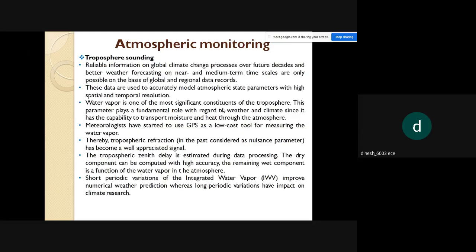After ionospheric tomography, we are going to see troposphere sounding. We need reliable information on global climate change processes over future decades and for better weather forecasting, either on a near-term or a medium-term time scale. The possible global and regional data records have to be monitored. So these data are used to accurately model atmospheric state parameters with high spatial